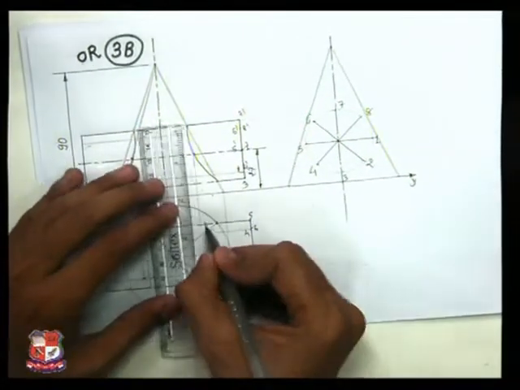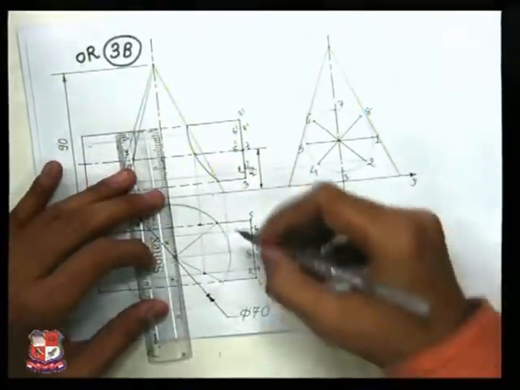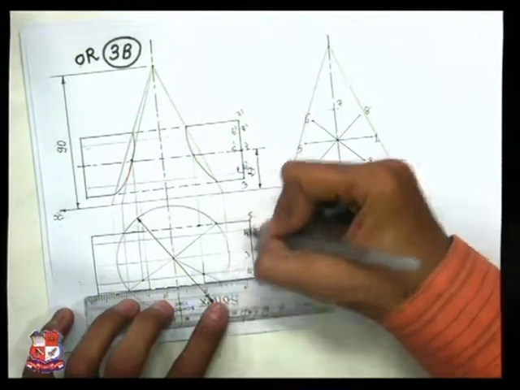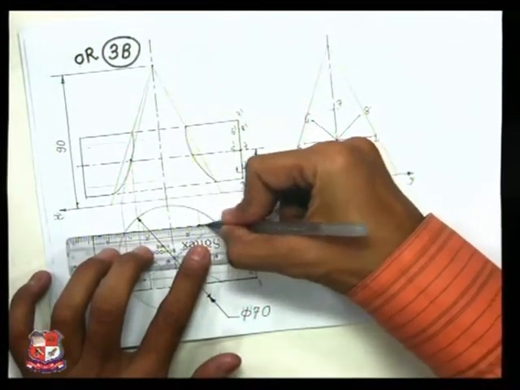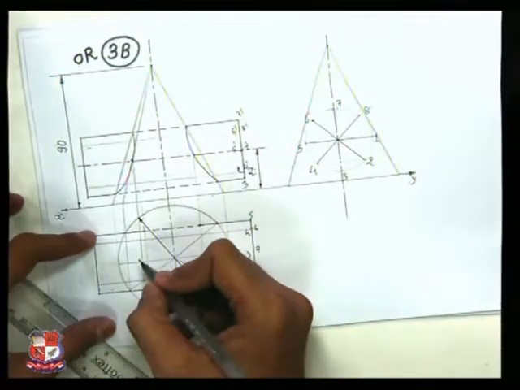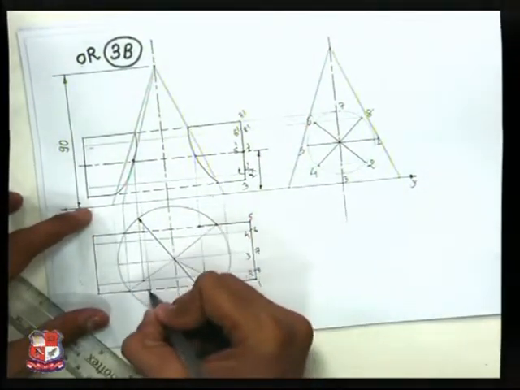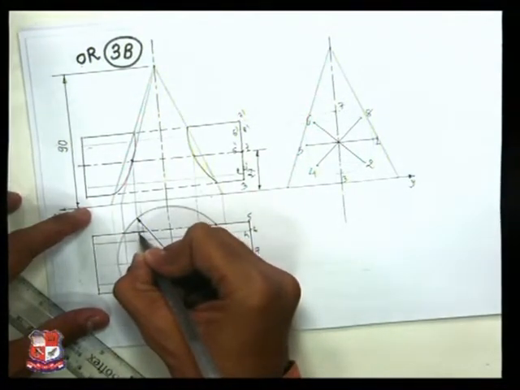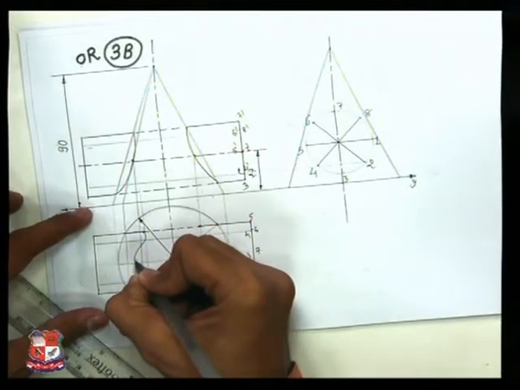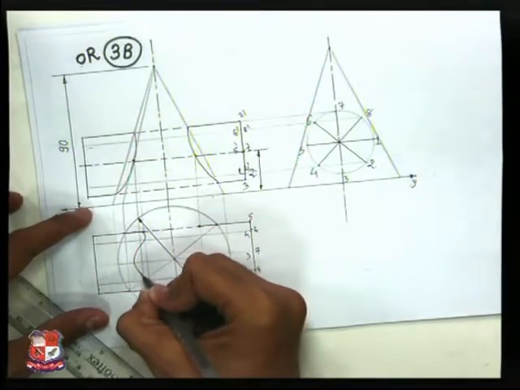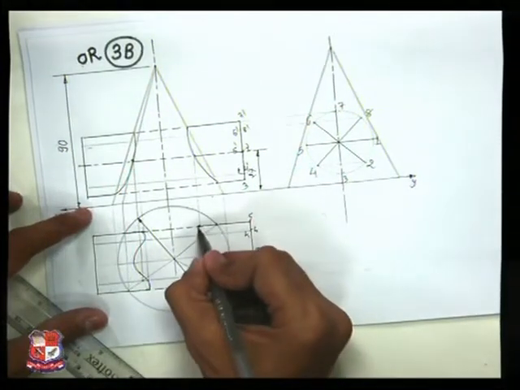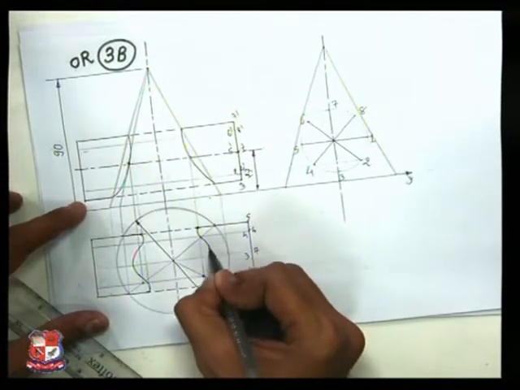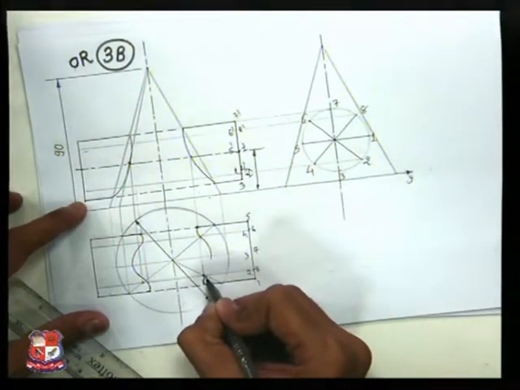Similarly on this side up to this point and this point, sorry, up to this point the cylinder would be visible like this and like this, and after that these 2 points should be joined like this, from this end to this end like this. A smooth curvature shape would appear. Similarly on this side a smooth curvature shape would appear, and this curvature shape would be parallel to this base,